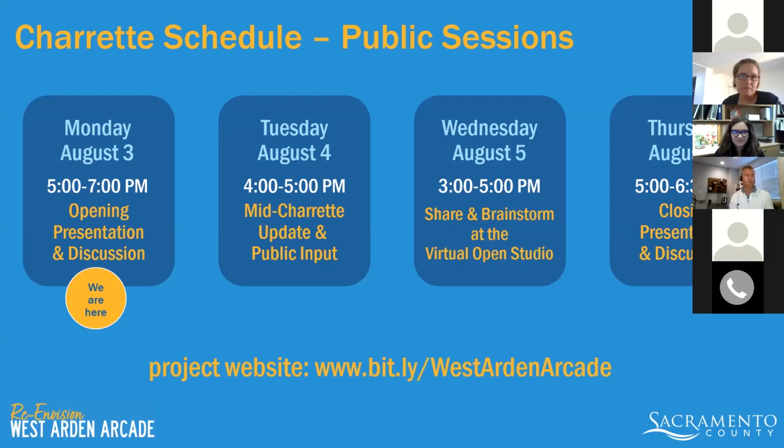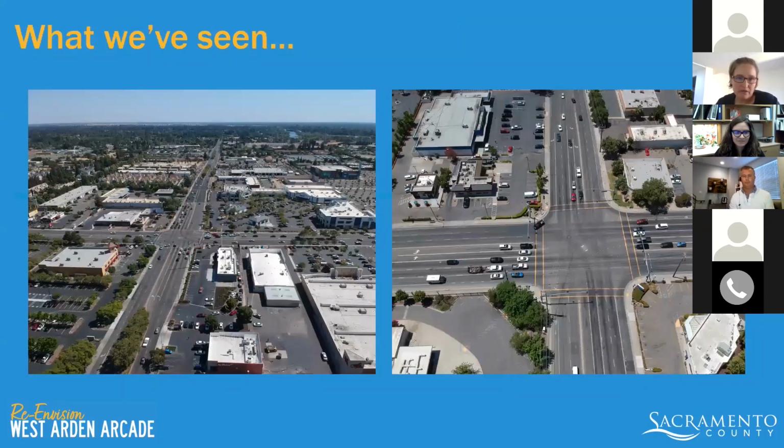But when it comes to what we've seen, what I'm showing right now on the screen is just some photography from above our streets of West Arden Arcade, just to ground us a little bit on the roads and the conditions in the project area. Rather large intersections, often definitely accommodate motor vehicles, feels very comfortable to drive, feels probably a little less comfortable to navigate as a pedestrian or if you're cycling through the area. A little more challenging, a little more exposure to motor vehicles.